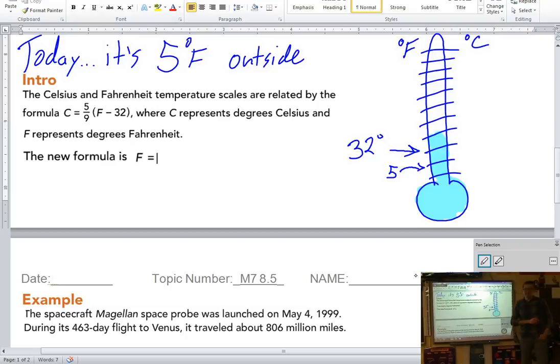So draw this on your paper. If you haven't drawn a little thermometer, you don't have to have all the lines that I have. What's the freezing temperature in Celsius? 0. That seems to make sense. 0 is when water stops moving. It is totally frozen. So on the same line where you have your 32 degrees Fahrenheit, put your 0 degrees Celsius, but put it on the other side of the thermometer. A lot of thermometers are rated in both Fahrenheit and Celsius, depending on which side you look at.